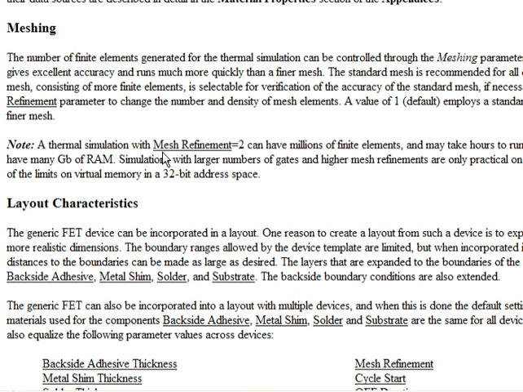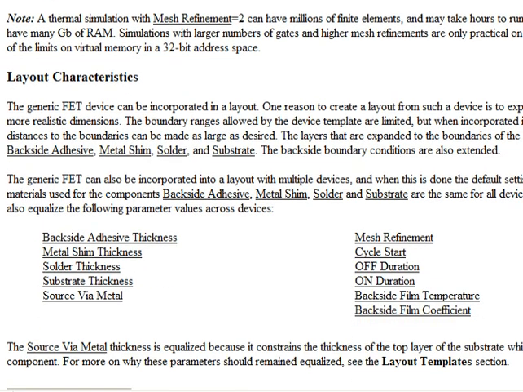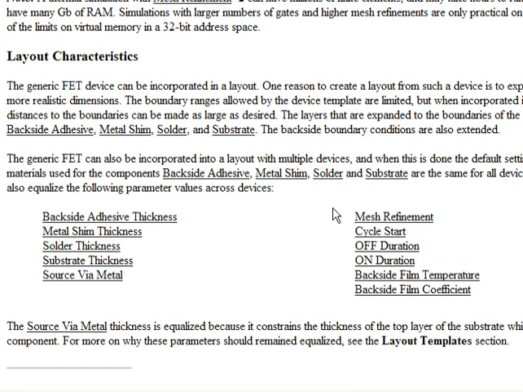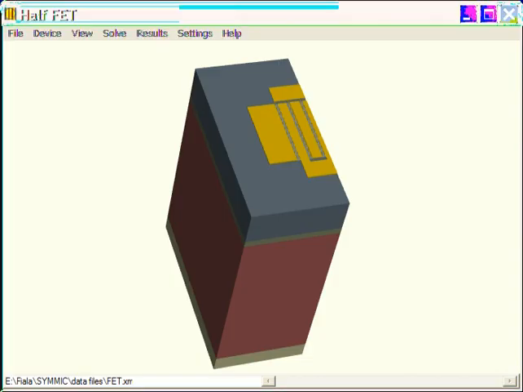If you increase this parameter, though, you can increase the number of mesh elements and basically verify that the meshing is reasonably accurate. And then the final item in the help file is the description of the layout characteristics for the device, which basically describes how the device will behave when you incorporate it into